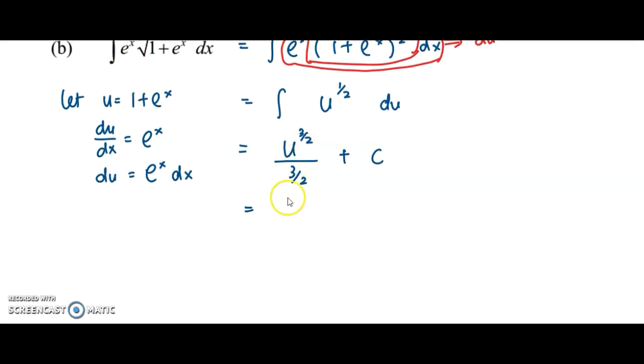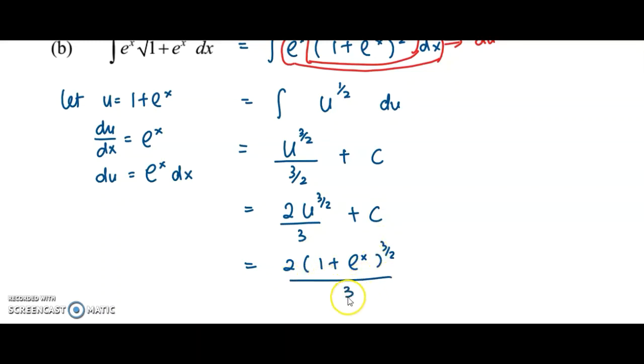Now we're going to simplify this over 3 over 2, meaning that we can bring up the 2, and you have 2u to the power of 3 over 2, over 3. The final answer should be in terms of x. So this u will be replaced back by 1 plus e^x to the power of 3 over 2, over 3,